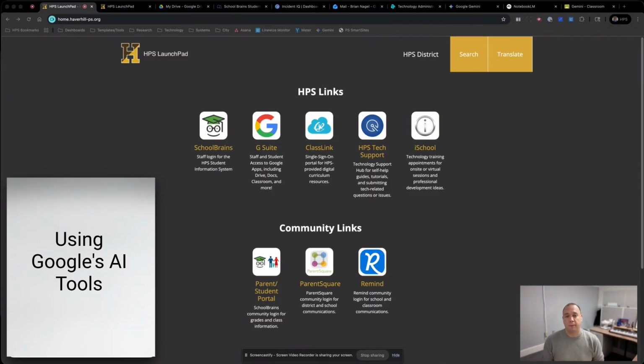We've recommended that from the beginning of the school year, to try to stick within our Google Workspace environment for all the tools that are available there. And honestly, on a personal level, I've used all the different tools that are out there. There are a lot of interesting ones, but from our Google Workspace and Haverhill Public Schools standpoint, I found Gemini to work better than others in a lot of ways, simply because it's integrated within the tools that we use all the time.